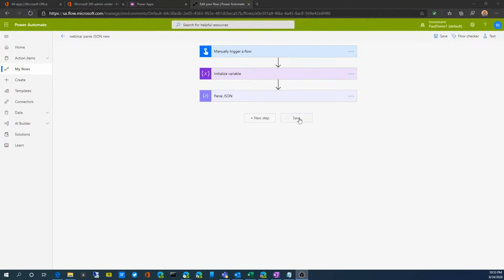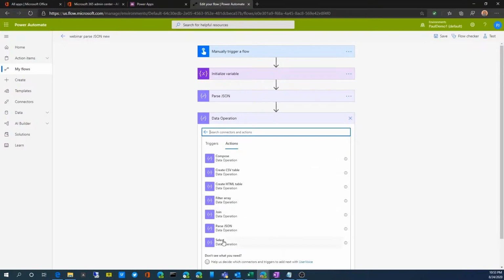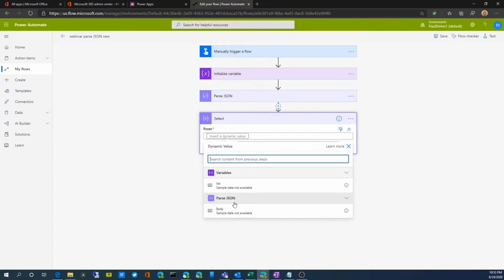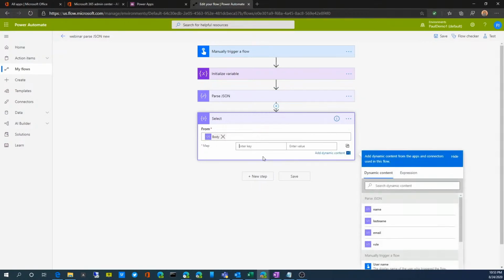We're going to add a new select step. So right now we have the name and the last name, but let's say we want the full name as another field available to us to use in a future step. So we can do that by going to built-in values, data operations, and selecting the select step. So from our object, so we're going to select this from the body, which we've already parsed, and then we can give it a name. So we'll say full name is our new field,